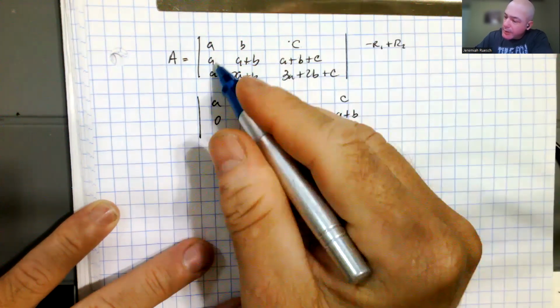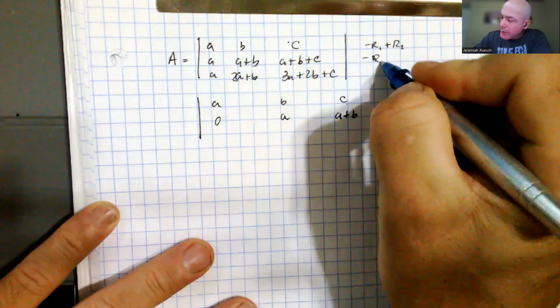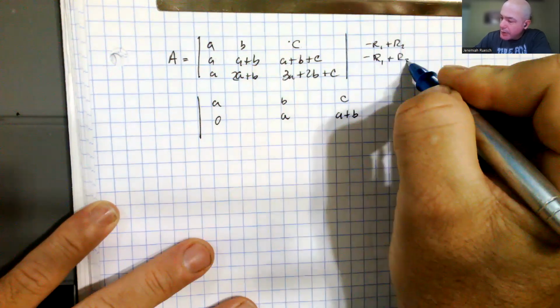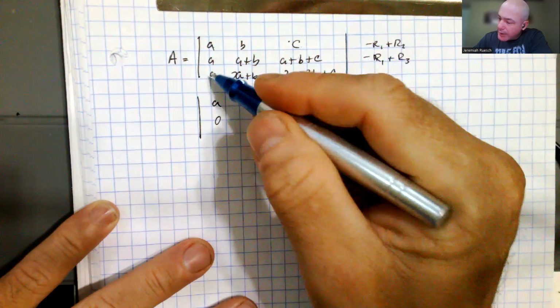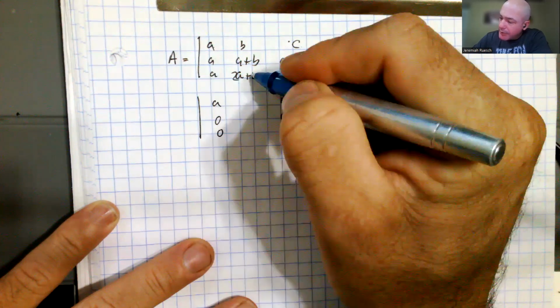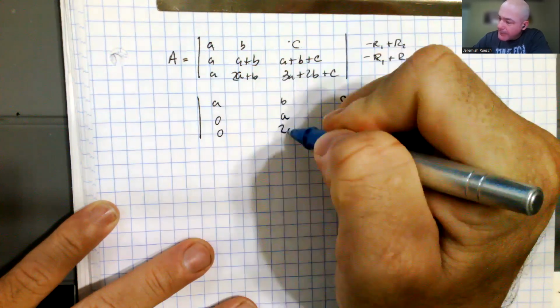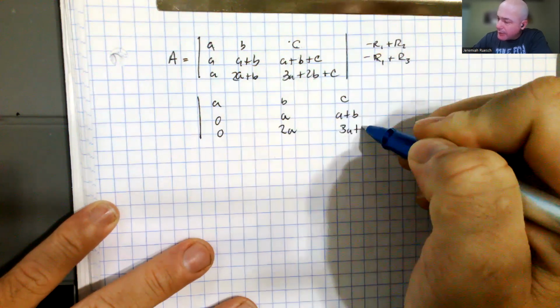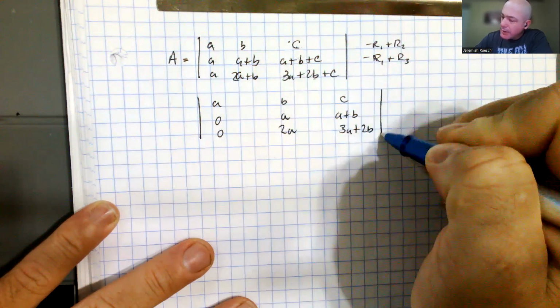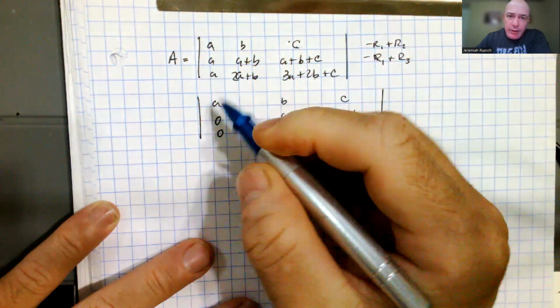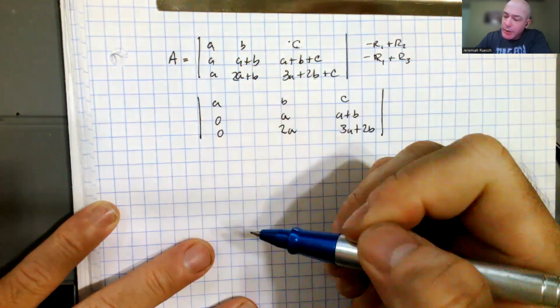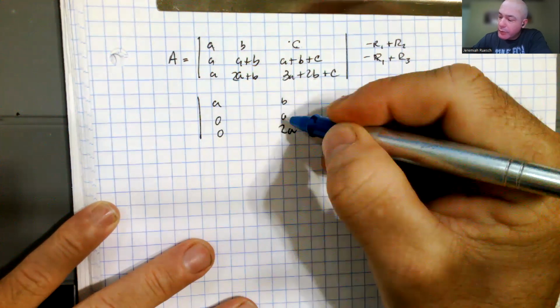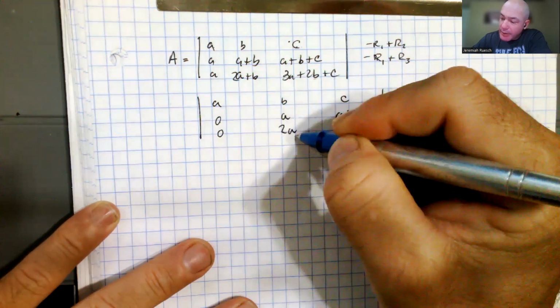And then doing the same thing, negative row 1 and adding it to row 3. So negative A plus A gives me 0. Negative B plus this gives me 2A. Negative C plus this gives me 3A plus 2B. Okay, so I have reduced these two elements to both zeros, and so now I want to remove this bottom element here